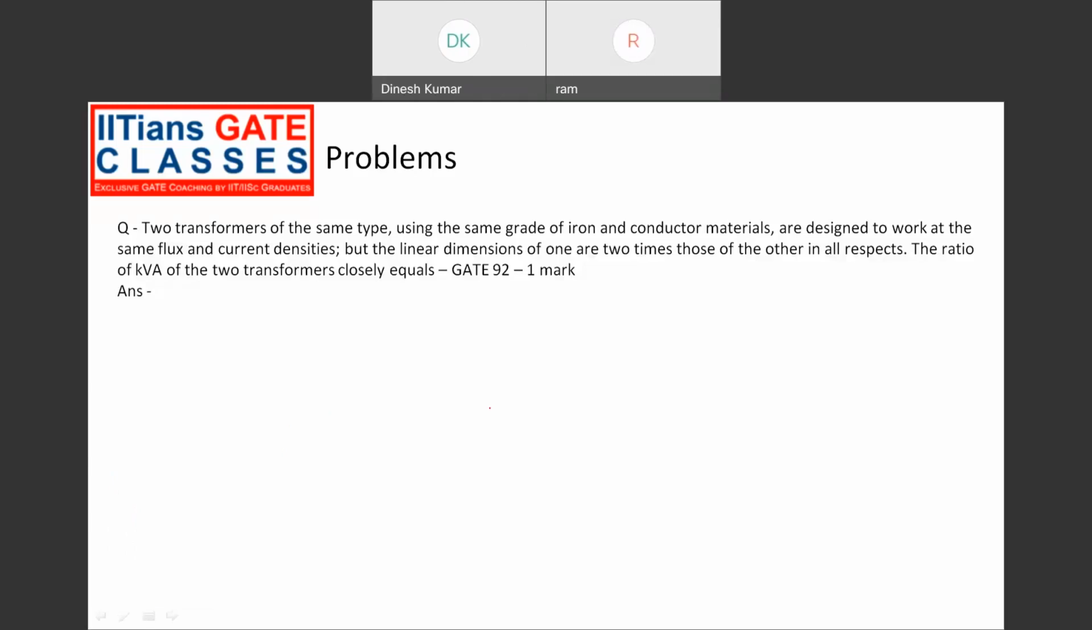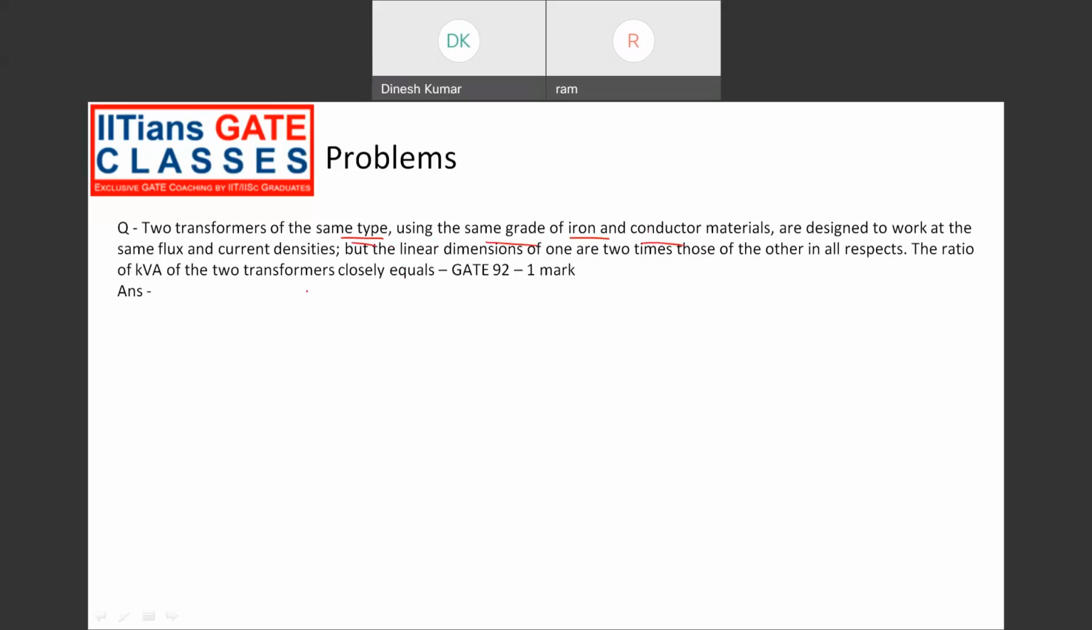We are talking about transformer basics and we have seen two questions. Actually, there is a mistake while solving this question. So that's why I'm retaking this question again. Okay. GATE 92 question. So what the question says: two transformers of the same type using the same grade of iron and material